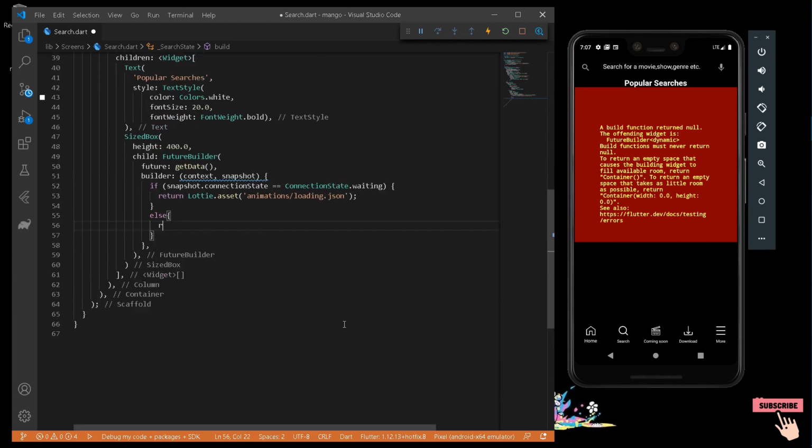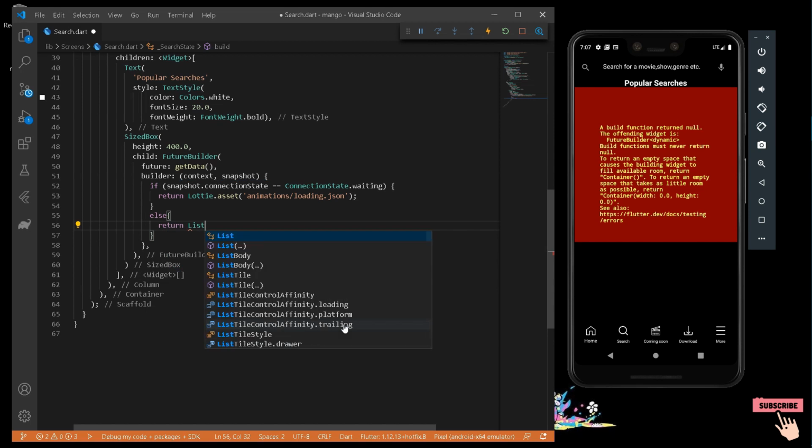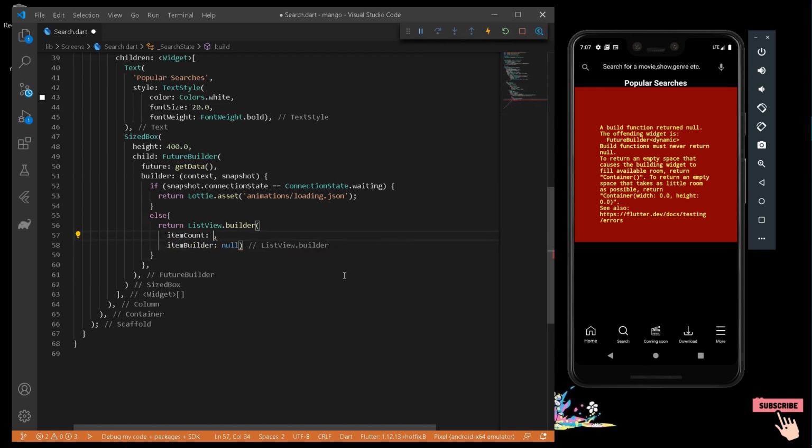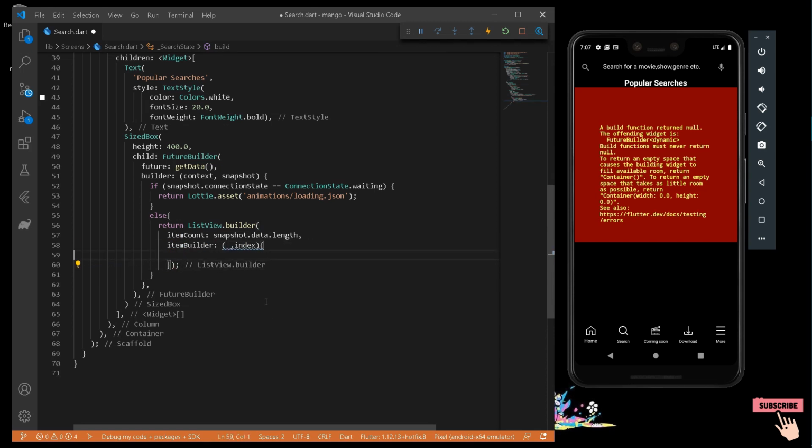And if the future builder has some data, it will simply return a ListView dot builder. Now by default the list view will scroll in a vertical direction, so we don't need to specify the scroll direction as well. So I can write here itemCount to be snapshot dot data dot length. And here I can provide a null value as well as an index, which will be an integer, add a semicolon here.